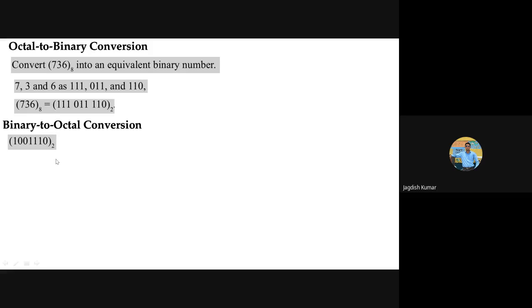1, 2. Okay, now the question is from where to begin making triplets. You may say, okay, this is 100, 1110. Some of you may do this. Okay, you convert it first, then I will check if you understood it correctly or not. So what is this equal to in octal form? 670. Okay.